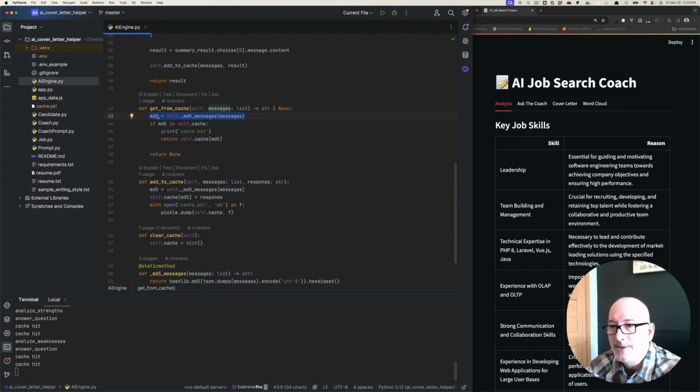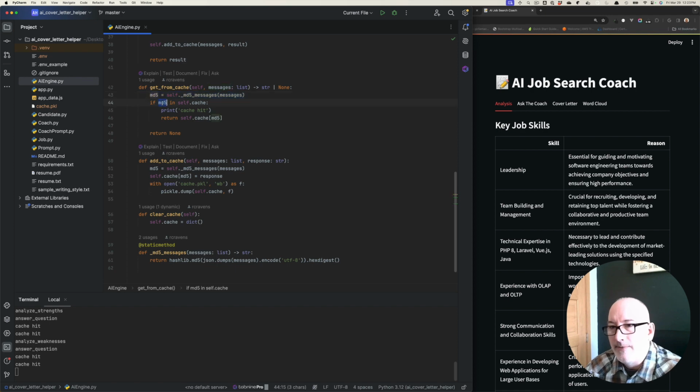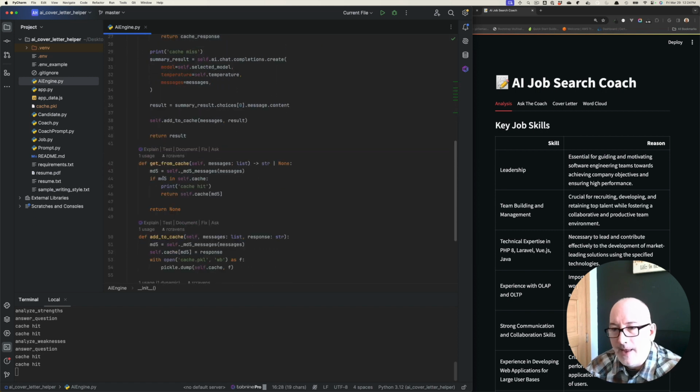So it generates this MD5. That's a static function that's down here using hashlib.md5, and we're just dumping all of the messages in JSON into that and getting out an MD5 hash. If that MD5 hash is in the cache, and by the way, the cache is just a dictionary, created as a dictionary. If that MD5 key is in the dictionary, we're just going to return